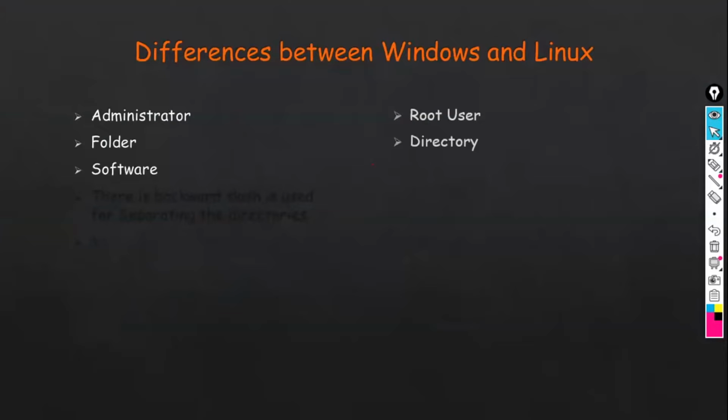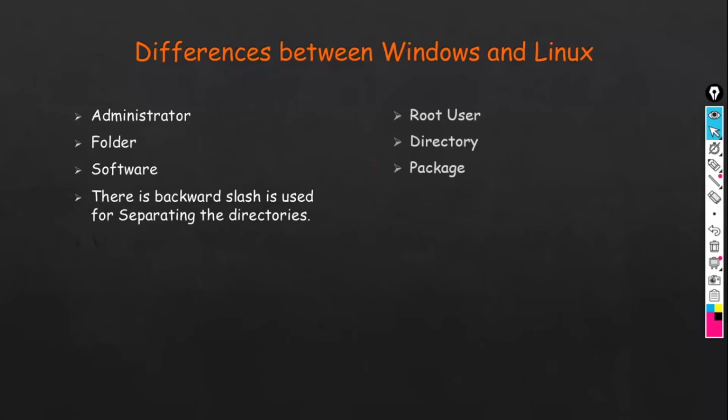In Windows operating system, we call softwares, like install putty software, install Chrome software, install antivirus software, like software terminology we use. But in Linux operating system, we change the terminology. We call here as package, like install Chrome package, install Tomcat package. I mean, we call as package.